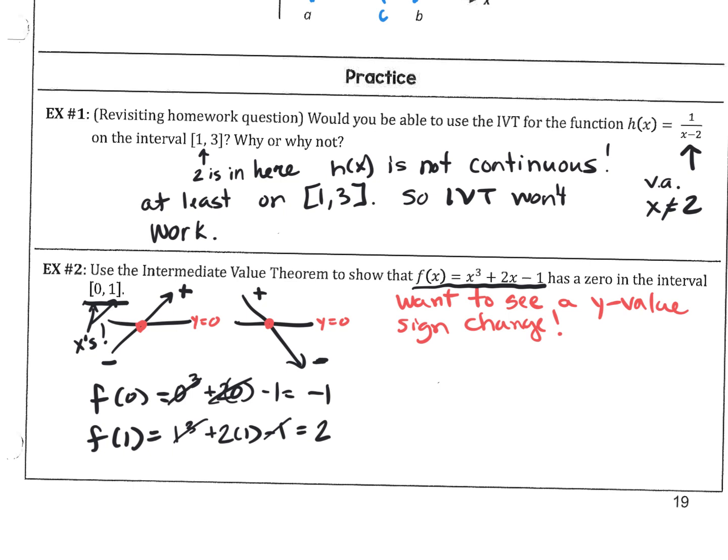So did you get negative 1 for f of 0 and 2 for f of 1? So what do you notice? We went from a negative y value to a positive y value. So we've got this scenario, don't we? It's crossing the x-axis. So this sign change